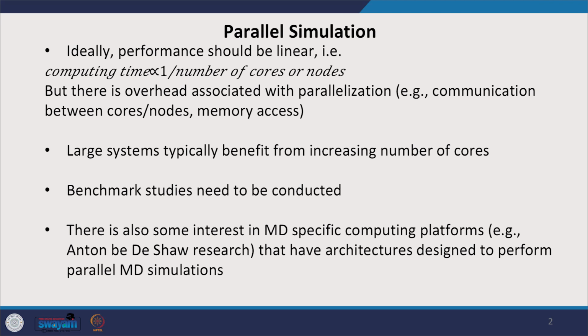There is also some interest recently in making computers that are designed to do molecular dynamics. So, the architecture of the computer is designed in a manner that it can do MD simulations most efficiently. For example, the whole idea of dividing systems into various physical domains can be done at the hardware level as well. We can design our cores in a manner that they will basically do parts of the MD simulation, so that the hardware is integrated with the software that can provide more efficiency of the MD simulations. For example, the Anton machine of the D. E. Shaw Research does.